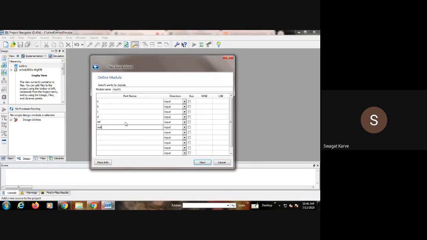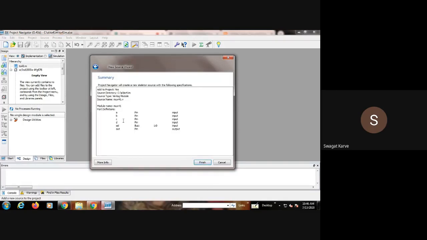So these all are the inputs, but this is the output. And obviously the select line, as it is 2 bits, is 1 to 0. That means it's a 2-bit select line. Okay, so we have selected this. Then next, select bus, 1:0, is also an input. And finish.